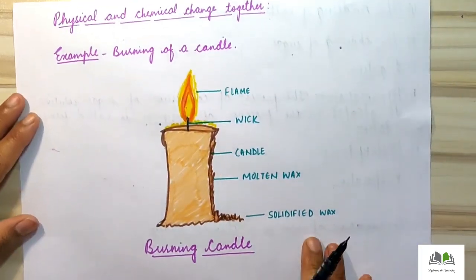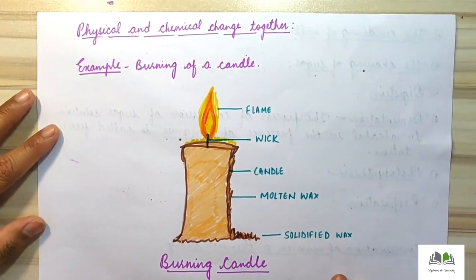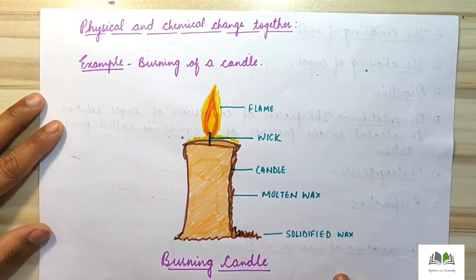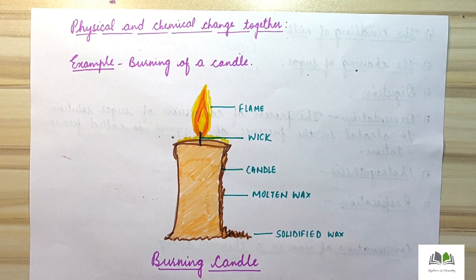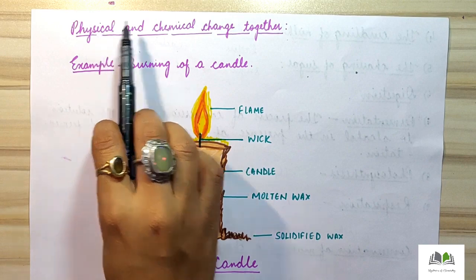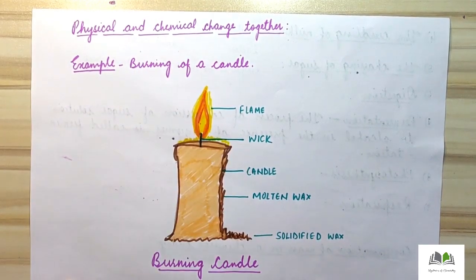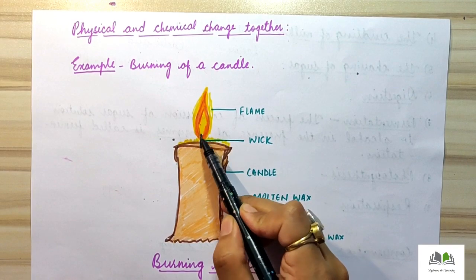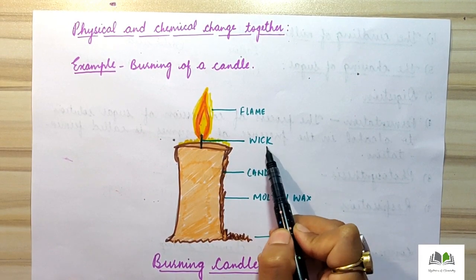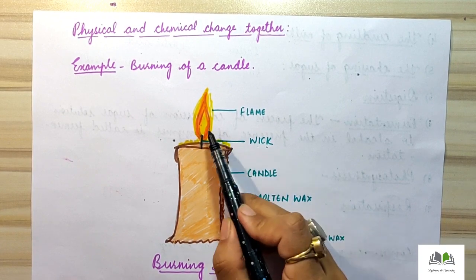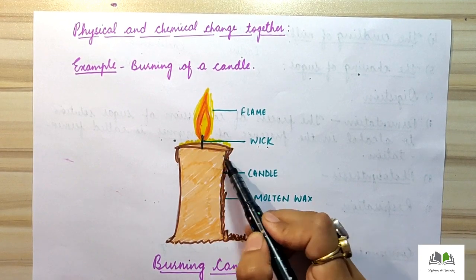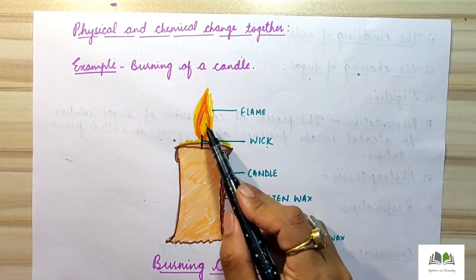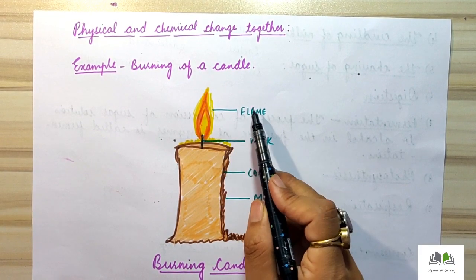Now after this, the next part I want to explain is an example which shows us that physical and chemical changes occur together. The best example where we can see both physical and chemical changes is when a candle burns. So during the burning of a candle, physical and chemical changes can be seen together. How? Now we know that in a candle we have a thread in the center. This thread is known as the wick. Now when the wick burns in a candle, what happens? We can see a flame. The wax which is near the wick will undergo melting, and the molten wax will come in contact with the flame and it will undergo burning.